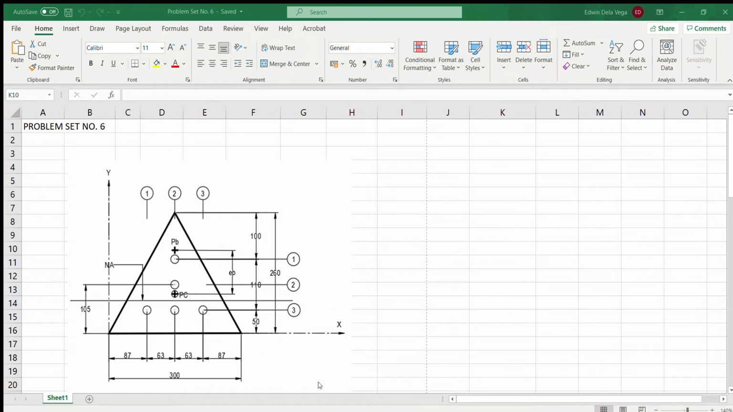I will no longer solve YP. Is that okay with you? Or do you have some confusion still on this part? Okay na to, ano? Okay lang po, sir. Okay, so I'll move